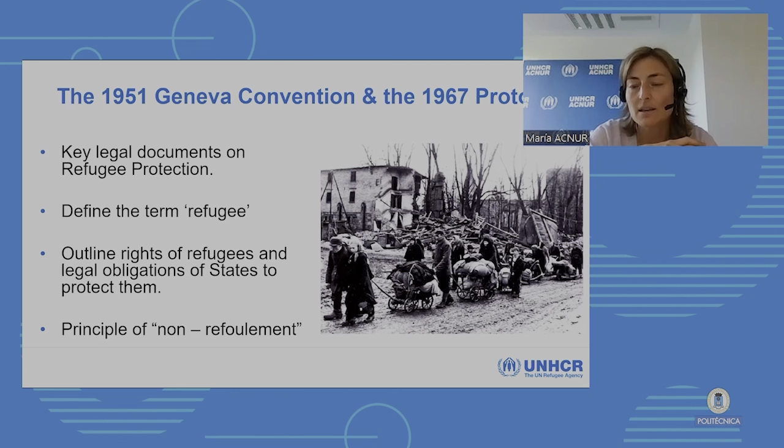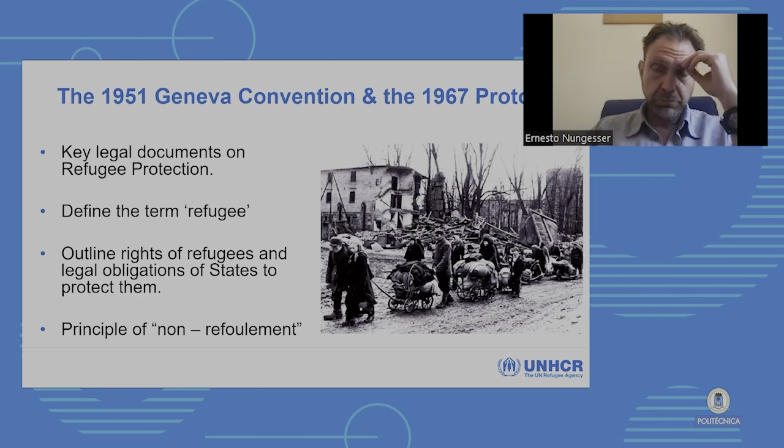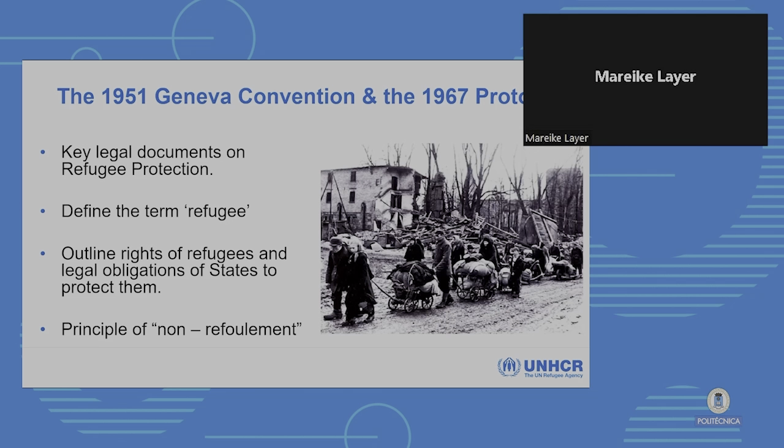I stress that because that's a big difference when we talk about the people that are displaced in the world, that are on the move, that do migrate or flee. In the case of refugees, we have something very important, which is an international legal framework to which states that have ratified it are obliged, which we do not have with other migratory populations. So that's a very important point, and that's something that allows us to really point out to states when they are or they are not complying with their international obligations in a very strong way.